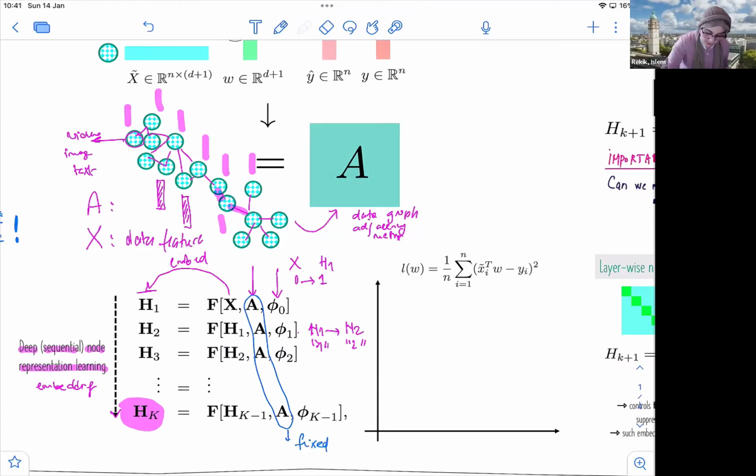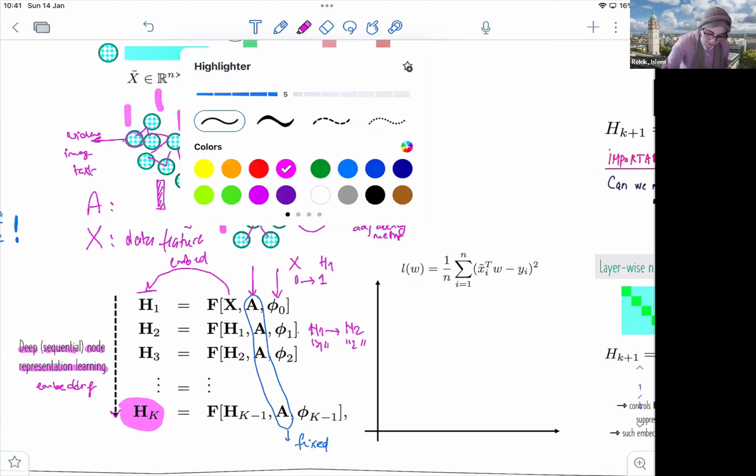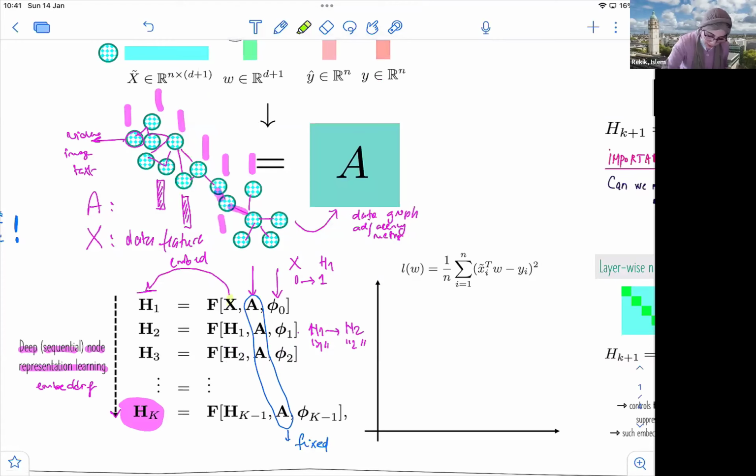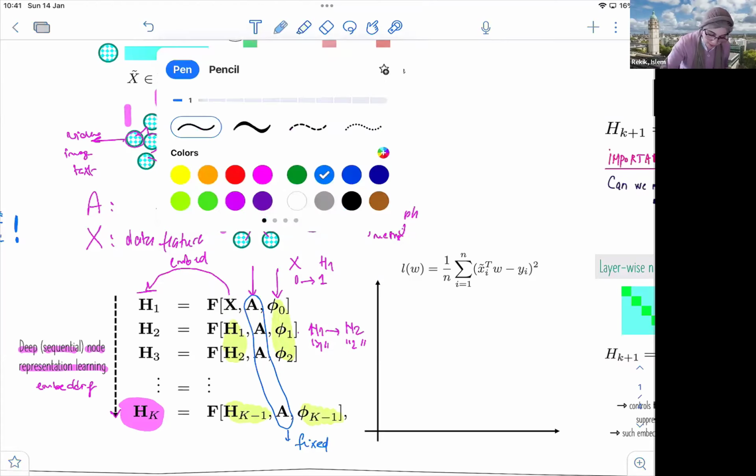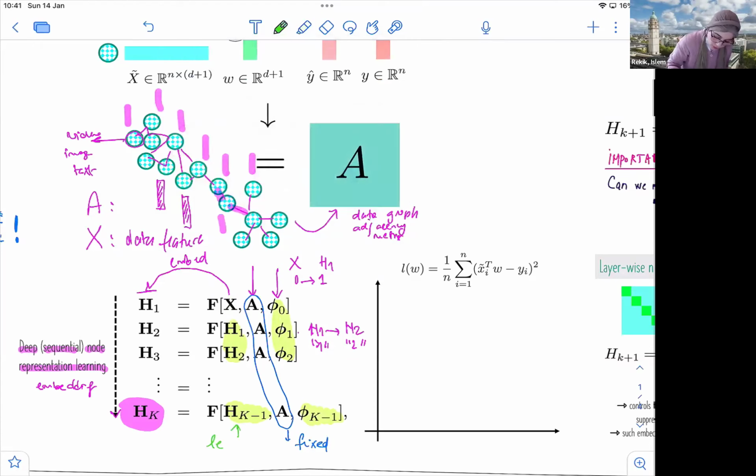And here, these guys, I'm going to use a different color. So X is also fixed. These guys right here and these, the mappings, are actually learnable. So we want to learn the representations and we want to learn the transformations. All right. So this is, simply put, as we do that, as we update, as we train the network,